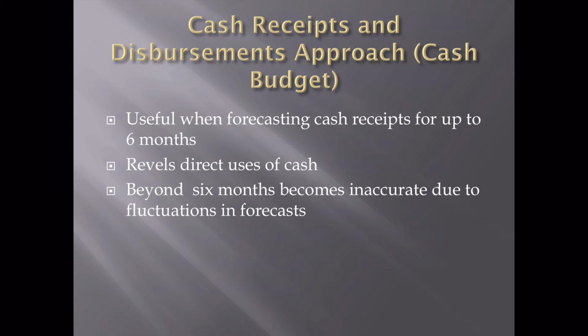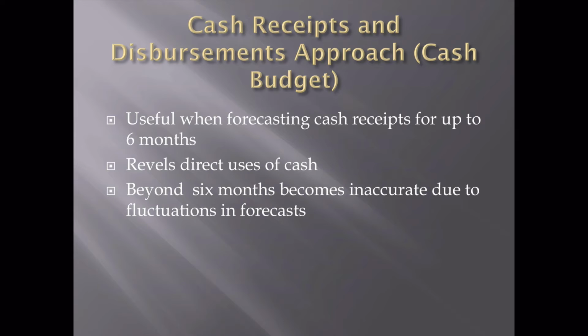Okay, and then we need to look at a cash budget using the cash receipts and disbursements approach. It's really effective if we're going up to 6 months, and it tells us how much cash we have, how much cash we can use, and how much we should have on hand at the end of the period. If we go beyond 6 months, it's just impossible to forecast using this approach because